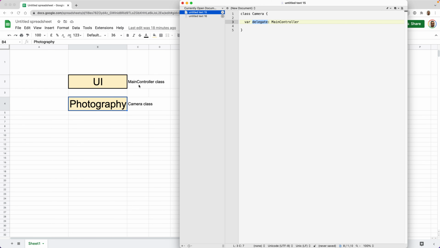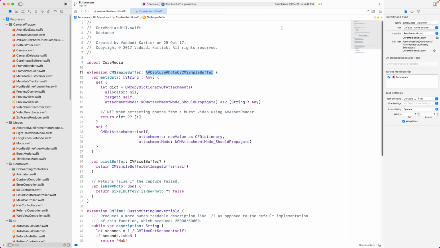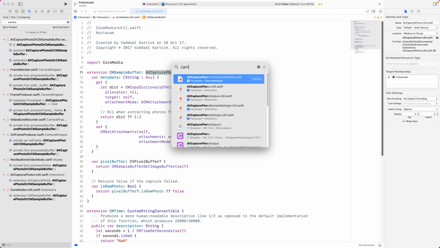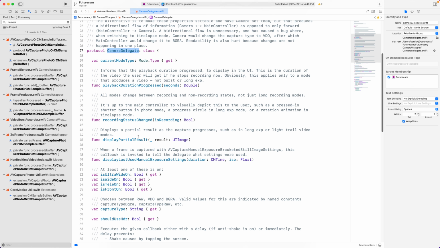To fix it, I created a protocol called camera delegate. And it has the functions that you expect. For example, when the recording status has changed, either it started recording or stopped recording, it calls this function.